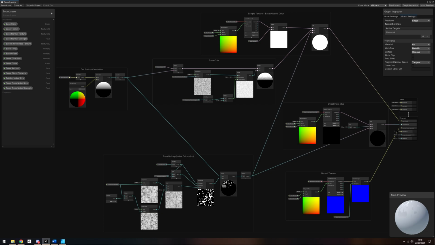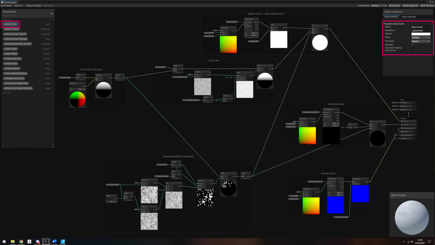The first step is to add a whole bunch of properties for the parts of the shader that are nothing to do with snow. That includes a base colour and a base texture, which we will combine to form the albedo colour of the unsnowed material. Is unsnowed even a word? Then we'll need a normal texture and a smoothness texture for some extra lighting detail on objects, plus a normal strength float in case we want stronger normal mapping.